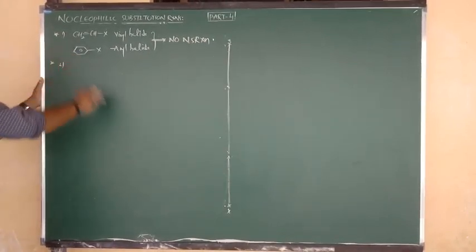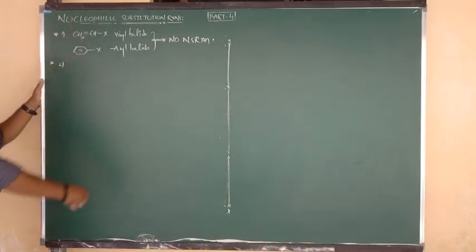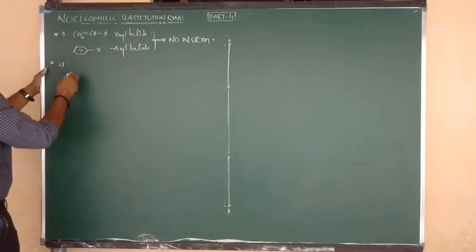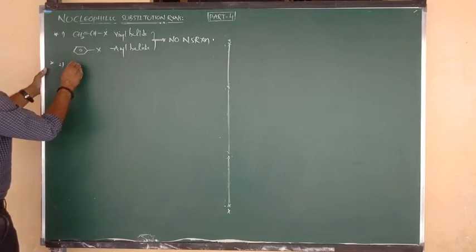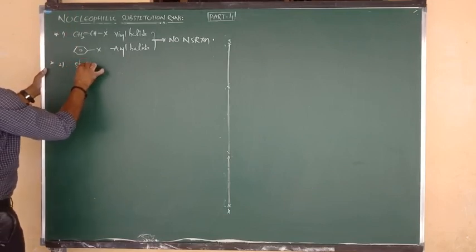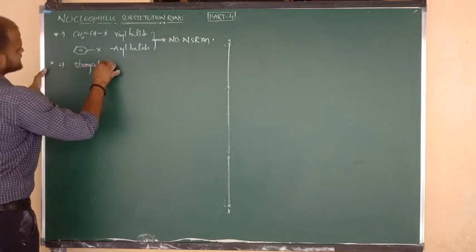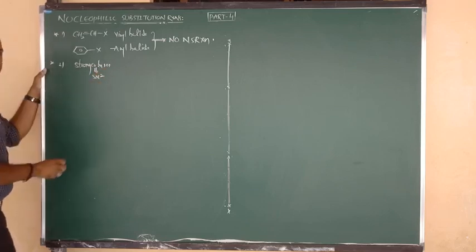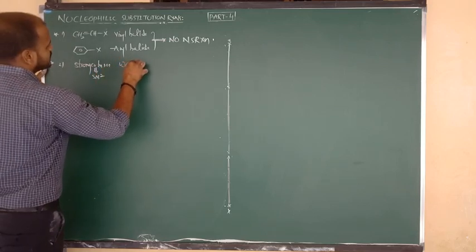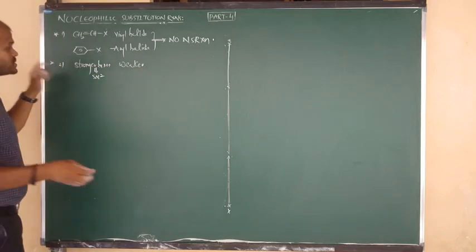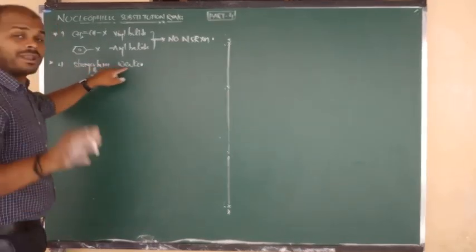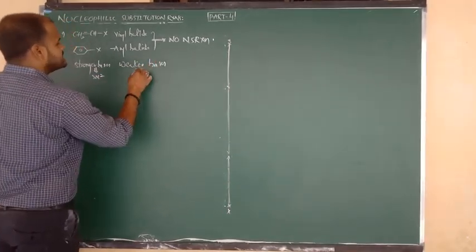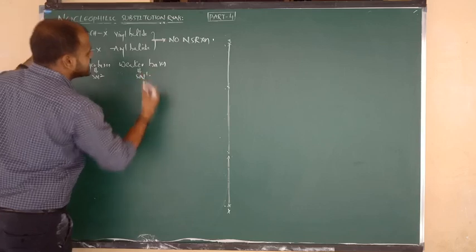Next objective point I am going to give you, a point guaranteed, remember it 100%. Next point: stronger bases are going to favor the SN2 reaction. I just told you, strong nucleophiles are required for SN2, but nucleophiles are not important for SN1. So we have to say that weaker bases are going to favor the SN1 reaction.